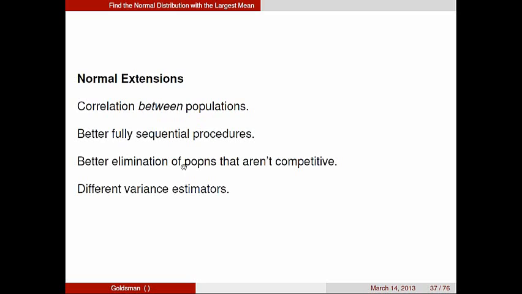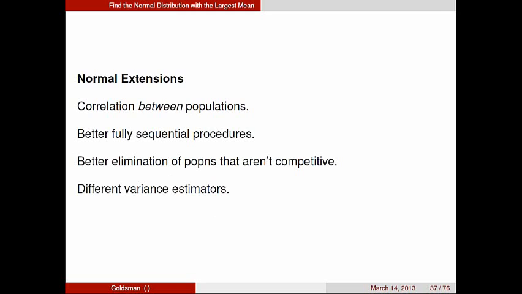I mean, suppose I saw that some of the simulations were just trash. They weren't doing any good. Why even bother running any more of them? So I would just stop running them and be more efficient in my simulations. I could also use other variance estimators instead of my usual ones from maybe stats class, but